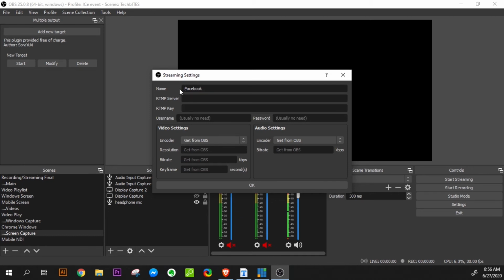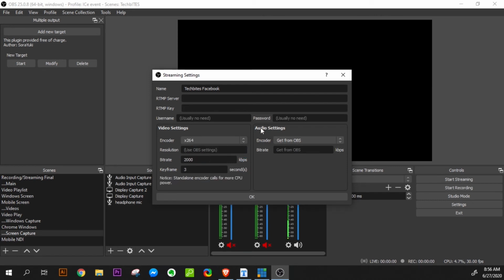Now on the RTMP server, we have to copy our streaming URL. For the streaming URL, you have to log in on your streaming software, and there we can find the streaming URL and the streaming key.